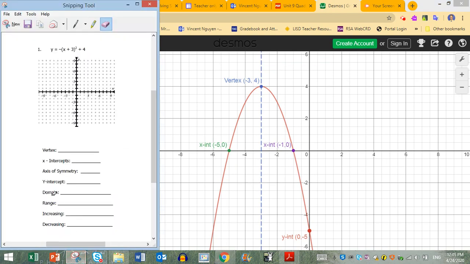Let's go back and see. It's asking for domain and range. Okay, domain is quite easy for all quadratic functions. The domain is always going to be negative infinity to positive infinity, right? The range, however,